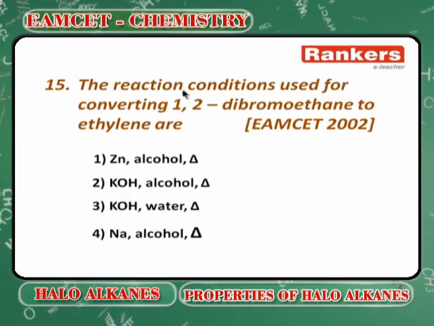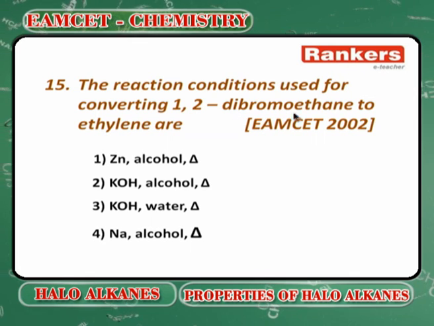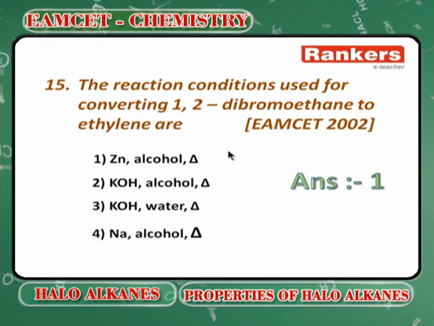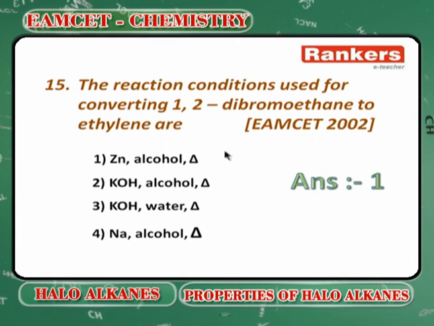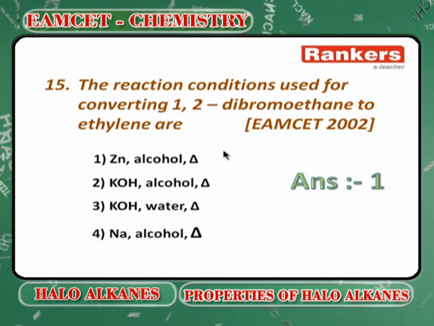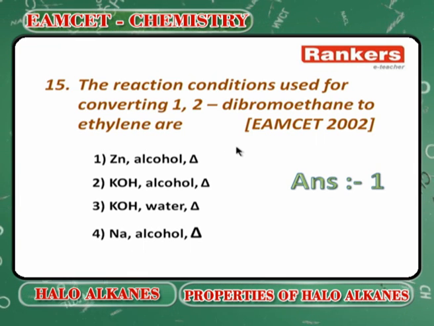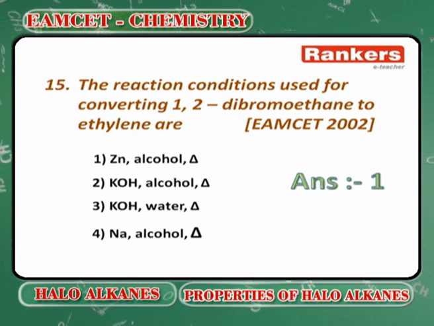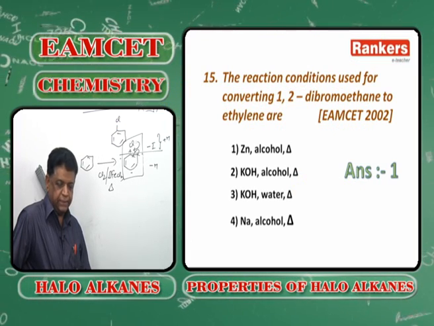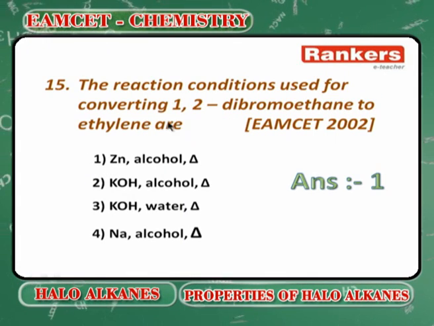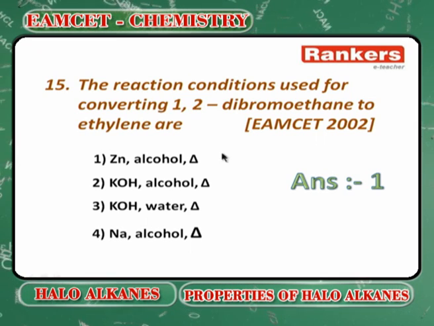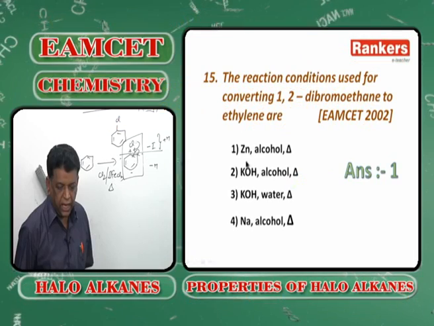The reaction conditions used for converting 1,2-dibromoethane to ethylene. 1,2-dibromo means vicinal type, 2 halogens can be eliminated. Alcoholic KOH, when you use, the 2 halogens will be removed. But if you really use alcoholic KOH, you may get alkynes, 2 halogens with 2 hydrogens. If you remove, you will get alkyne. But here ethylene you want, so therefore zinc and alcohol, that is the answer 1, will be the right answer. Next,